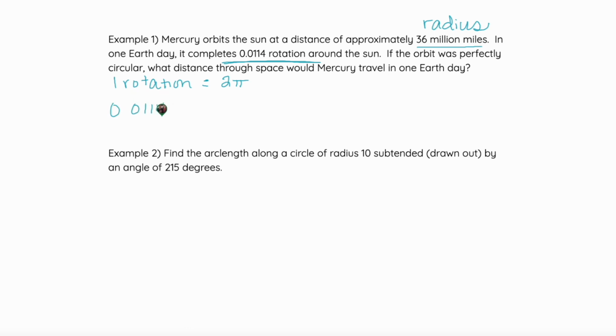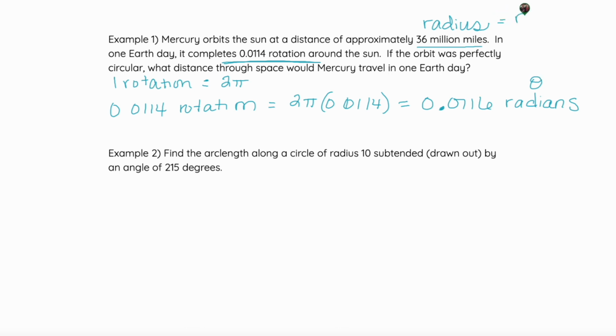0.0114 rotations and set that to multiply by 2 pi. So we are approximately 0.0716 radians, because we need radians for this formula. Now that we know the radius and we know the radian measure, so this is theta here, we can find the distance that it's traveling through space